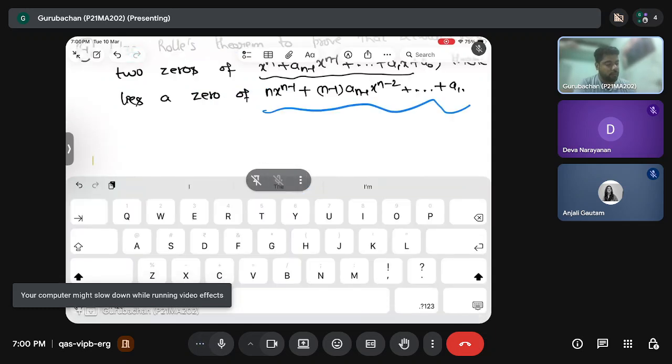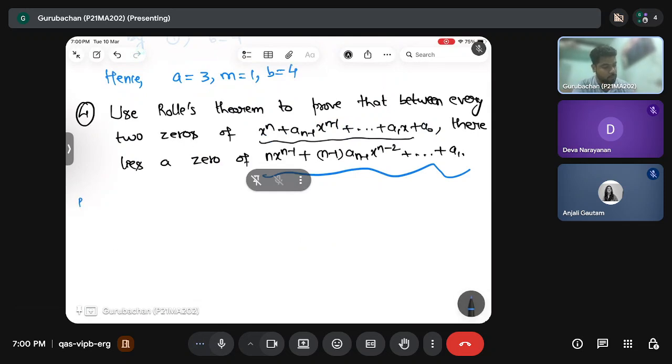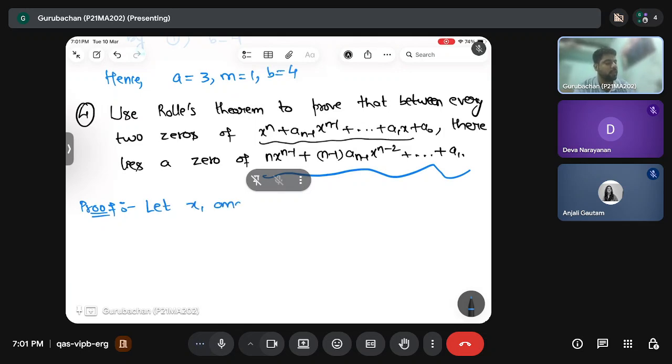So let us start discussing this one. Since we want to show something in this question, that is why I am writing proof. So we are told that there are two zeros of the given polynomial. So let x1 and x2, or you can say a and b simply, a and b are two zeros of